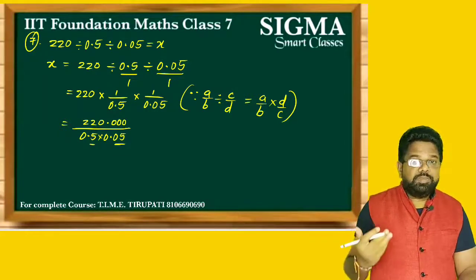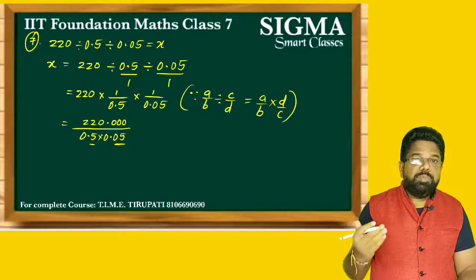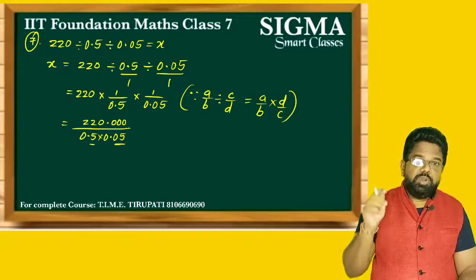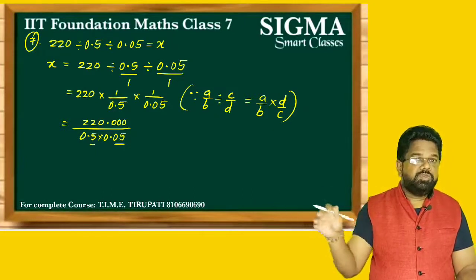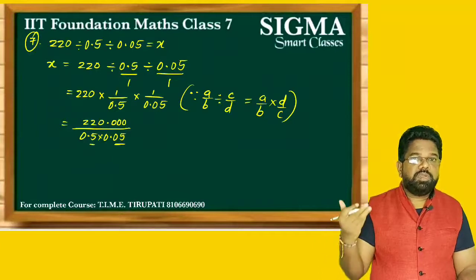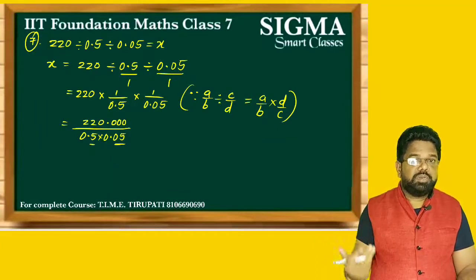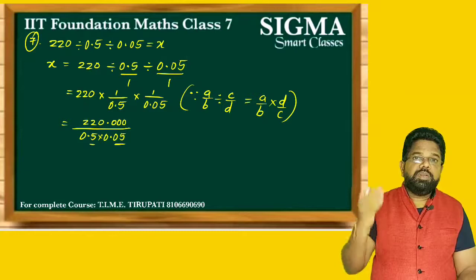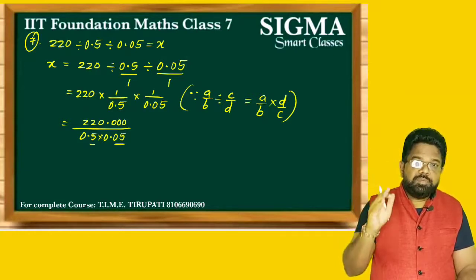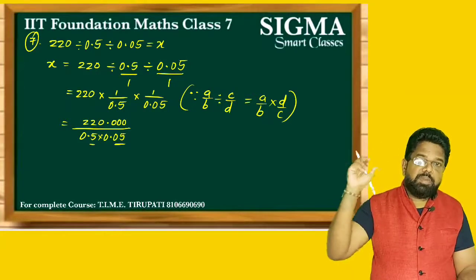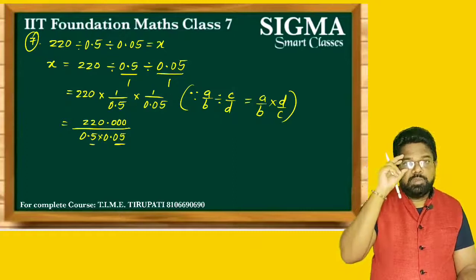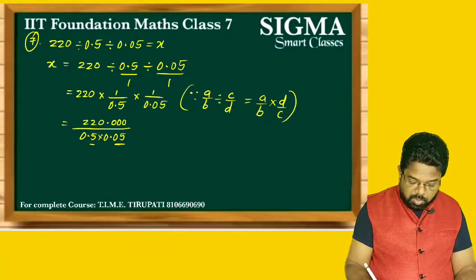To remove the decimal in the numerator and denominator, you have to make this arrangement. Put the decimal and take the number of zeros, so its value does not change. But for our convenience, to remove the decimal, if there are an equal number of digits after the decimal in the numerator and in the denominator, then only you can remove the decimal in both. Now remove the decimal in numerator and denominator. So what will its value be?